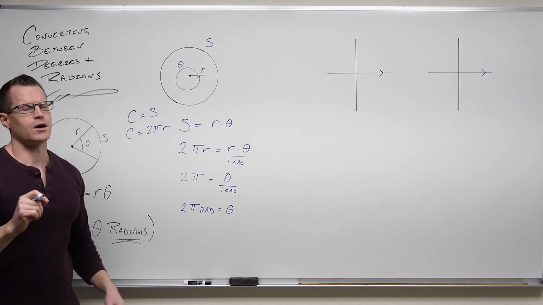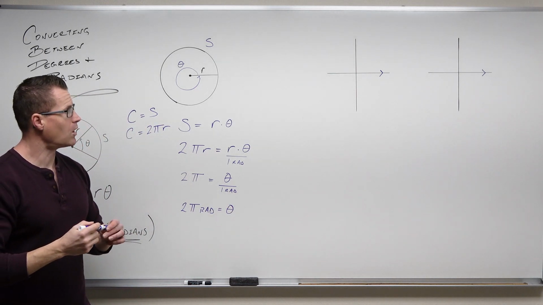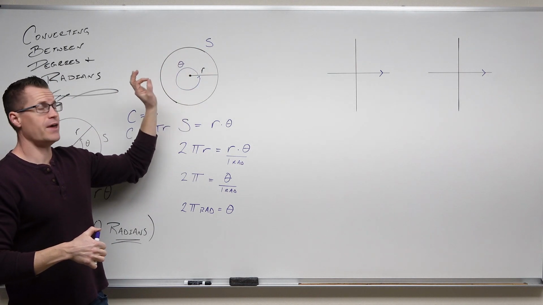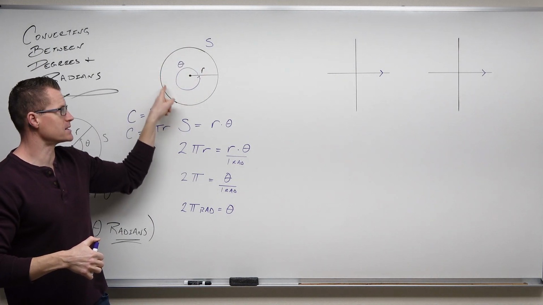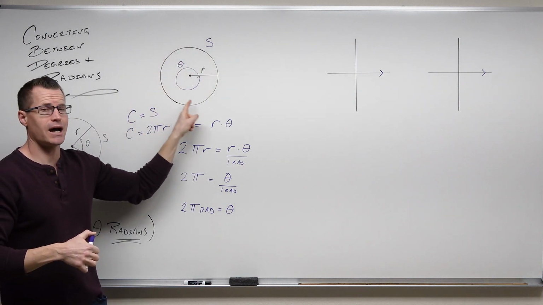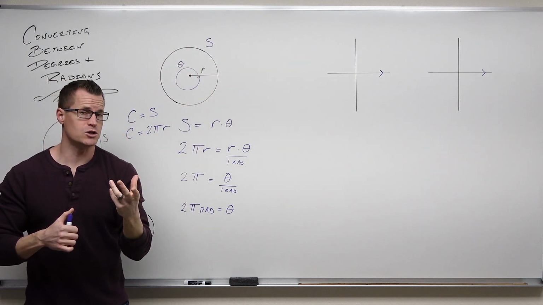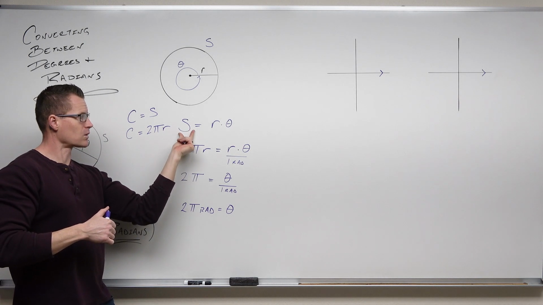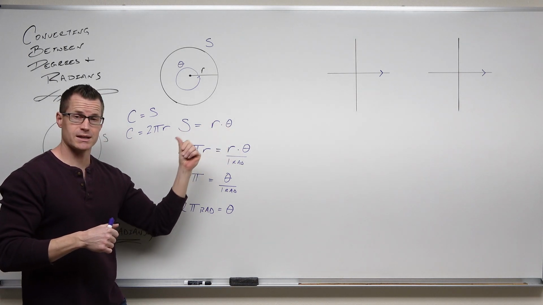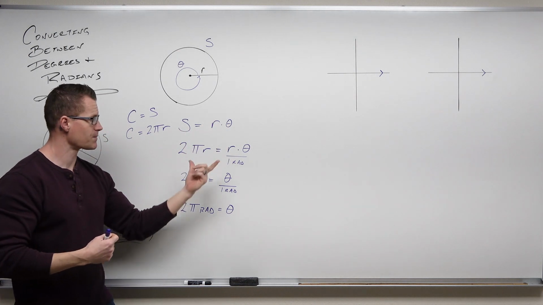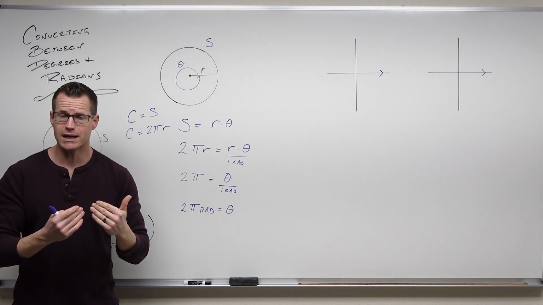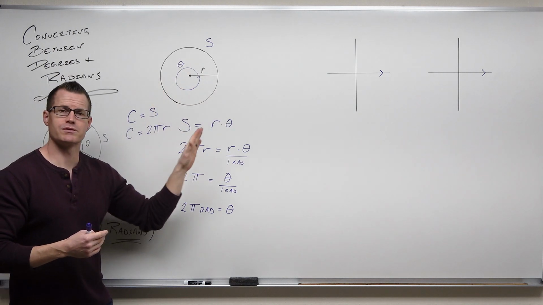And here's what this means. I hope that you followed me. I hope that you saw that if we sweep out one entire rotation of a circle, and that is our angle, the central angle represents that entire circle, and our radius here is r, our arc length is going to be the entire circumference of a circle, which we know to be 2 pi r. So arc length is circumference. We know that arc length also equals radius times theta in terms of radians. If we divide by r, we have that there are 2 pi radians in one rotation of a circle,